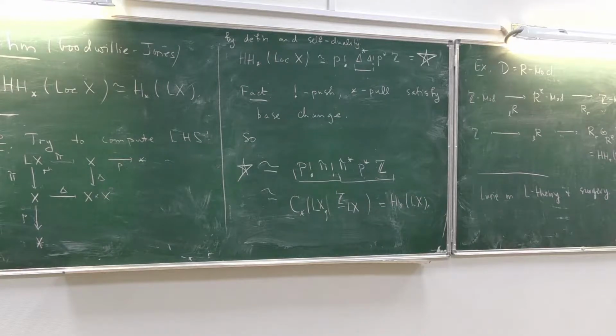So again, the statement of Goodwillie-Jones applies to any topological space. Yeah, any homotopy type. So maybe I don't understand again how homology appears here through just taking compactly supported push forward, because it's not in general. Okay, so you abstractly define it as an adjoint. Yes, as the left adjoint of pullback. Okay, and then you can do a little better than that. You can say that it is the homotopy colimit of a certain kind of homotopy diagram.